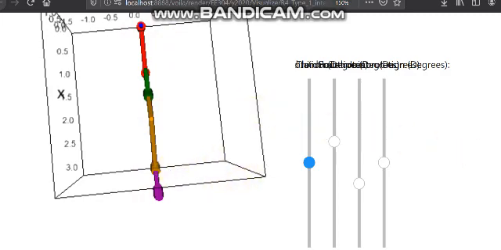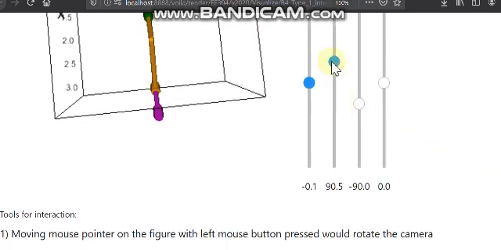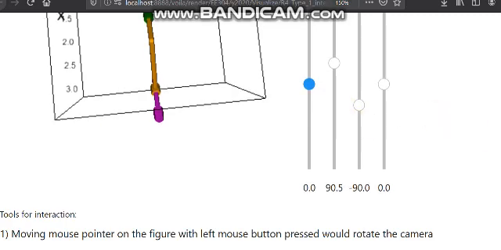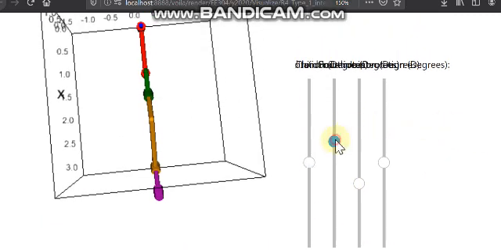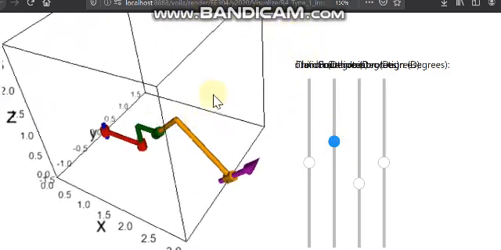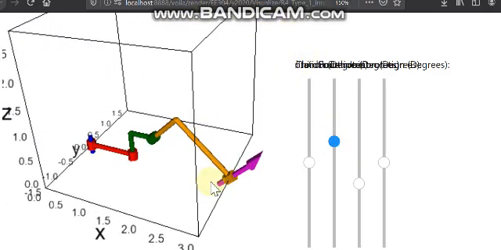Let us continue with our argument. I'll bring back theta 1 to 0, and I'll make small changes in theta 2, and I'll also change the view. Okay, so now I'm changing theta 2. As I change theta 2, we see that this green colored link, the yellow and pink colored links undergo the same rotation, of course, about the